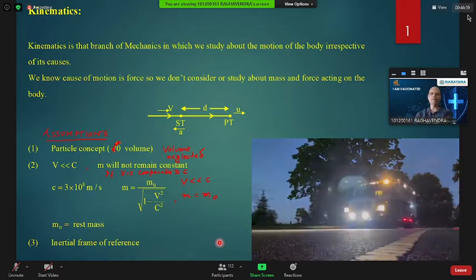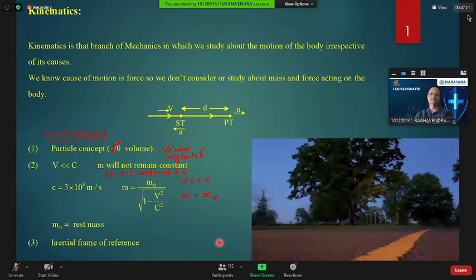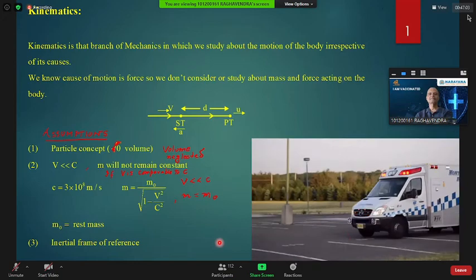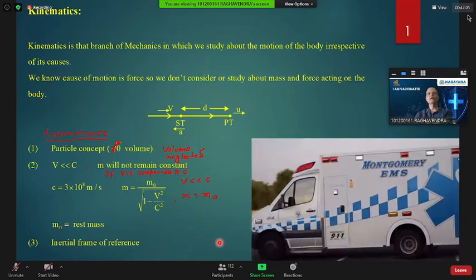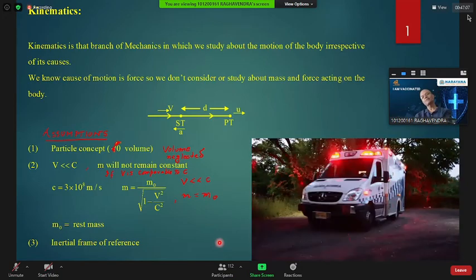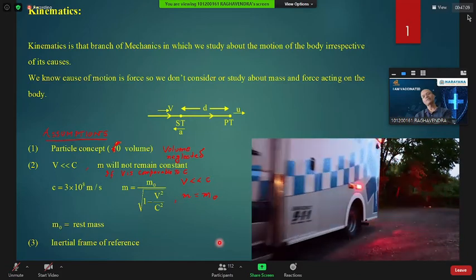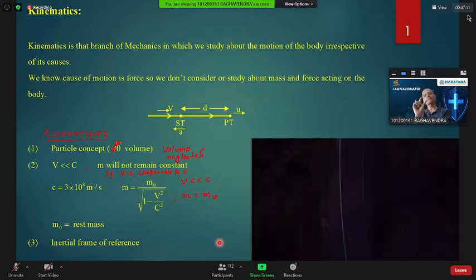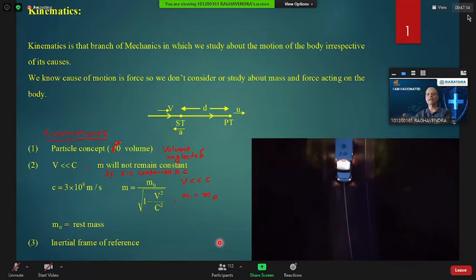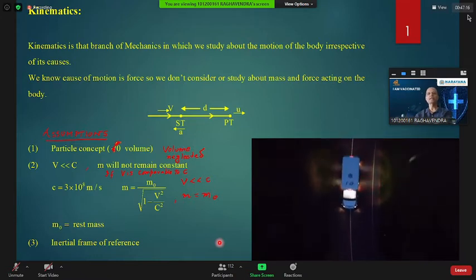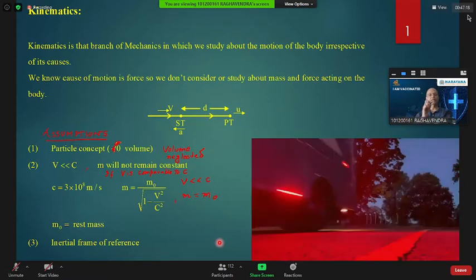Is it clear to you? I have not taken from Google and all. This is from my house video. He had sent me this. Okay, in that only a part I have cut where it is a straight line and I have shown to you. This is one dimensional motion.